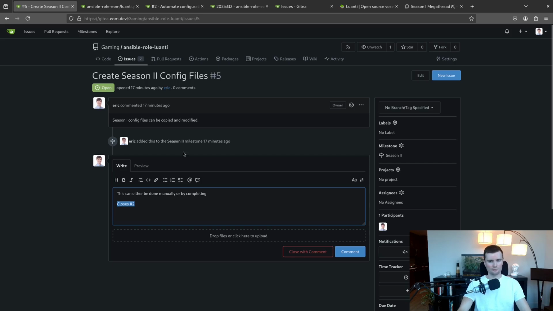I think closes might only work when you're putting comments on a pull request. But depends on or blocks, I think those two words work between issues. So there are some keywords we can use here. You can just specify the number, and that refers to an issue within the same repository. If you want to specify issues across repositories, you can give the full name, and you can give the full name to specify issues within the same repository. It's a bit more verbose, but I'll just go ahead and give the full reference. And I don't think completing is one of the keywords that would link this in any way.